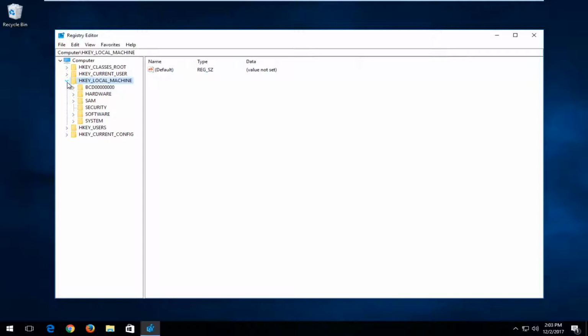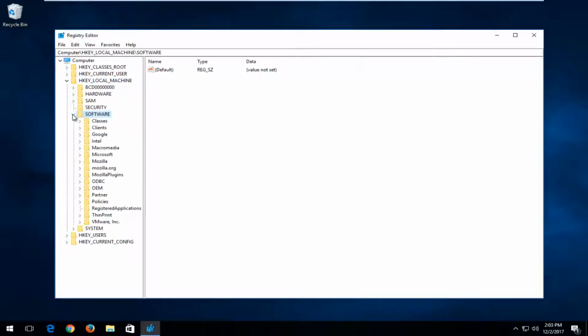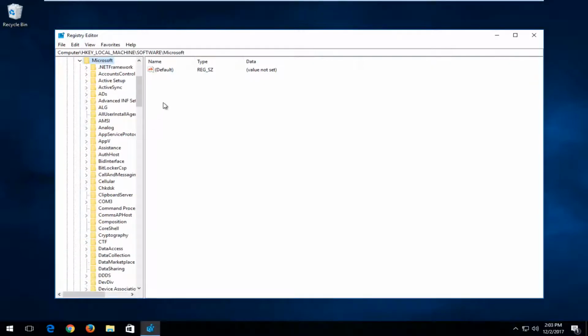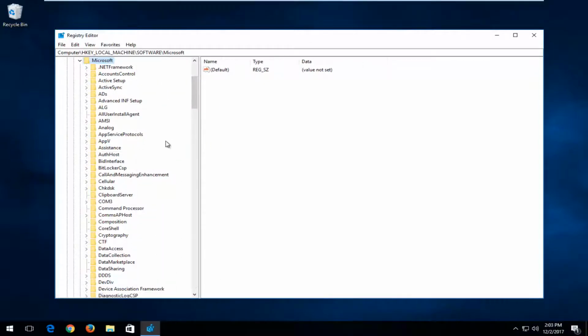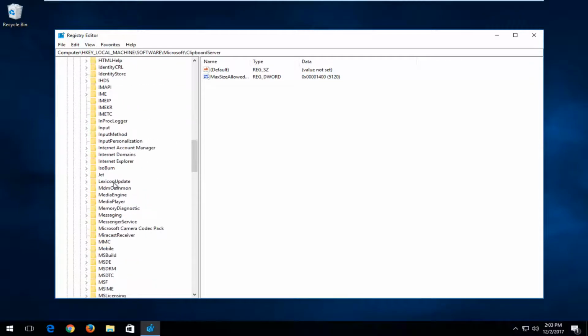Now that we've done that, you want to look for the Software folder right here. Expand that one as well. And now we can go and select the Microsoft folder, expand that one. In order to make this side column a little bit wider, if you're having trouble reading in here, just left click in between this bar and you can see a little arrow comes up. Just drag it over to the right so you can see a little bit better, as far over as you need to go. And now you want to go down to the Windows NT folder